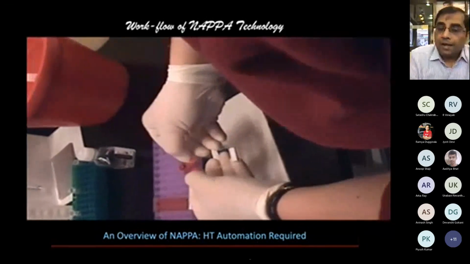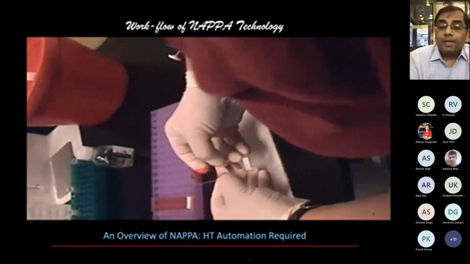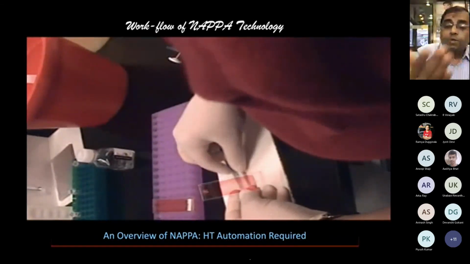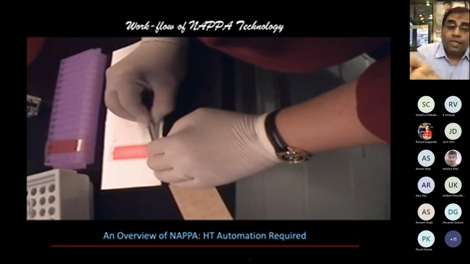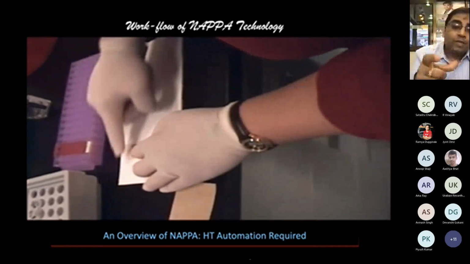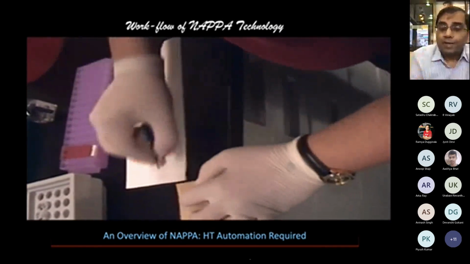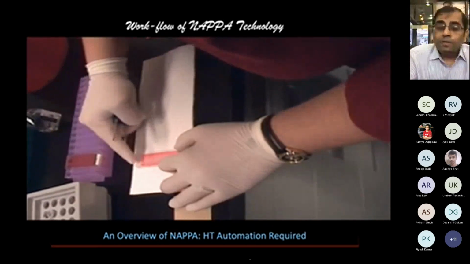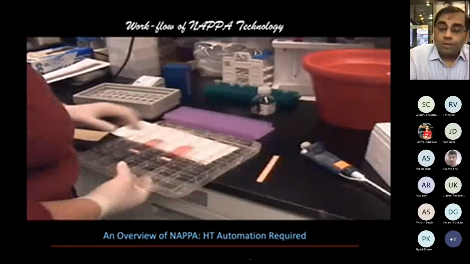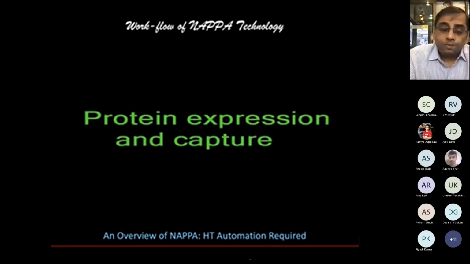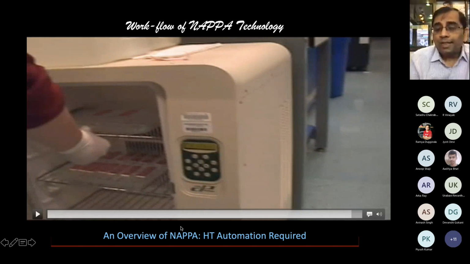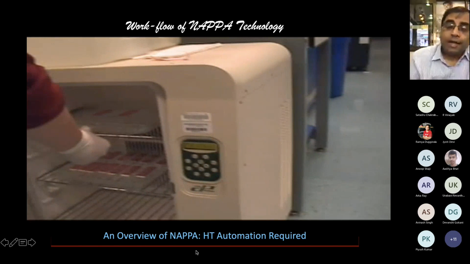can be prepared. And now what you are looking at is, starting from the cDNA based assembly, you are going to make the proteins on the chip in just 2 hours time, and those proteins can now be utilized for the next set of biomarker screening projects. So the process is conceptually quite robust if you can develop the expertise. Now what you see, almost 15-20 slides are being kept in just a couple of minutes' time, and then you are incubating them at 37 degrees.